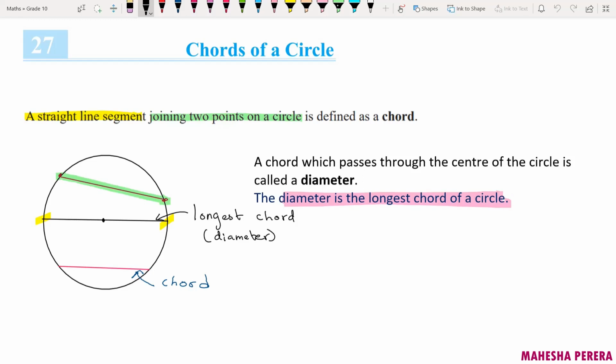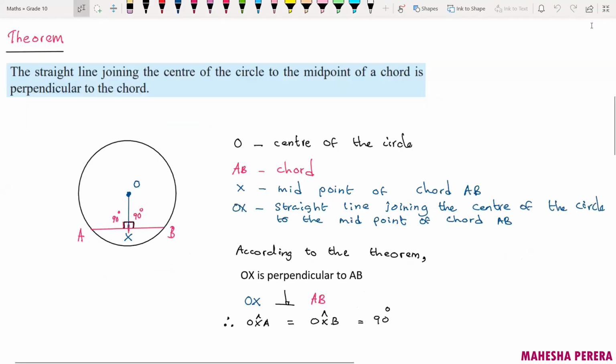Okay, now you know what a chord is. So let's take a look at the theorem related to chords of a circle. There is a theorem that we should learn. Okay, now this is your theorem related to chords of a circle. Right, let's go through. The straight line joining the center of a circle to the midpoint of a chord is